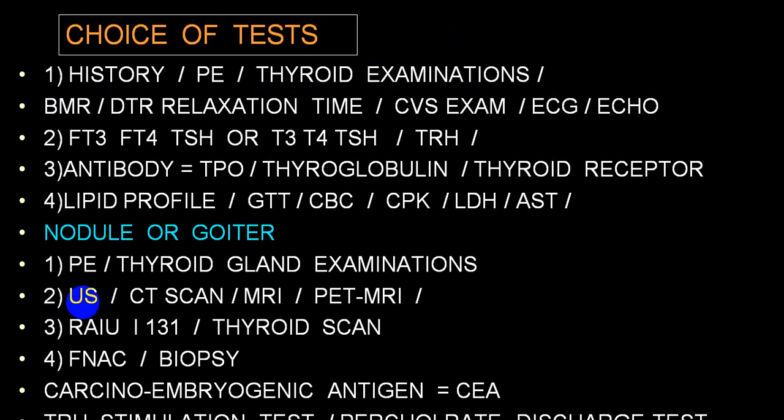You can pick up hypoechoic, hyperechoic, whether the thyroid gland is invading into surrounding structures, etc. And on that you can suspect malignant, non-malignant, possibly malignant, probably malignant, etc. CT scan, MRI, PET CT, PET MRI are very useful to find out whether it is malignant, non-malignant, invasive, non-invasive, whether it has got secondary metastasis or not.